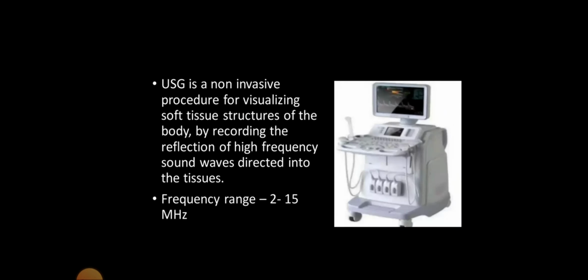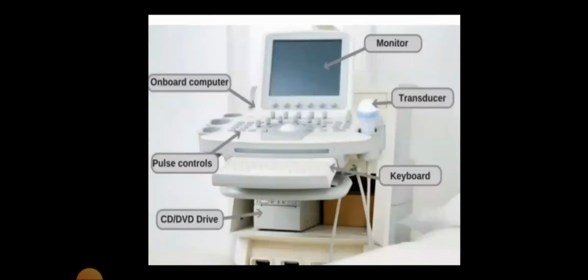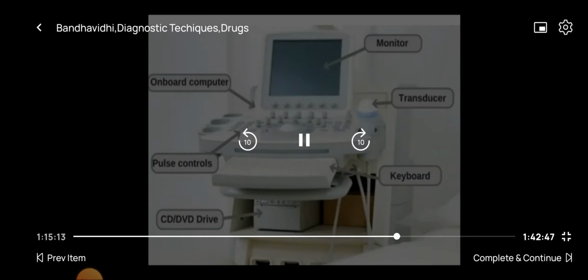Next, it is USG, ultrasonography. It is a non-invasive procedure for visualizing soft tissue structures of the body. Here we will record the reflection of high frequency sound waves. The main technique used is high frequency sound waves directed into the tissues. That is the main principle. And this is the USG machine. It consists of a monitor, transducer, keyboard, drive,